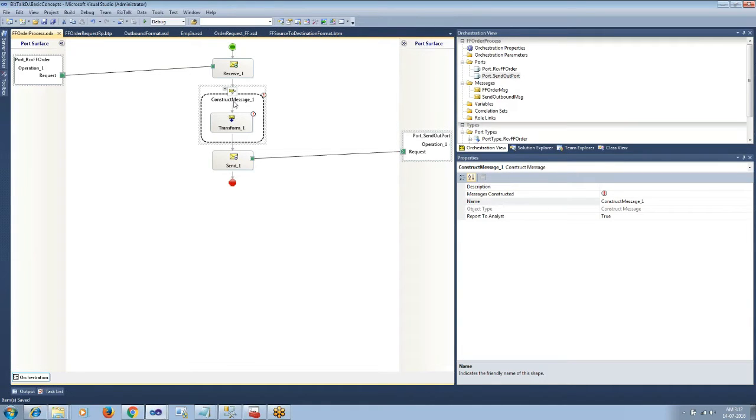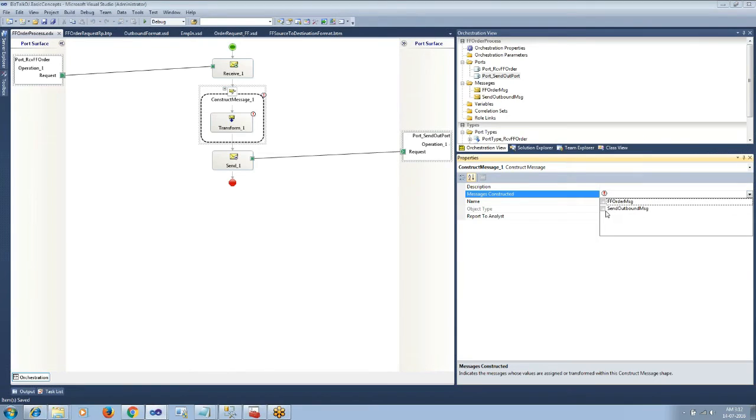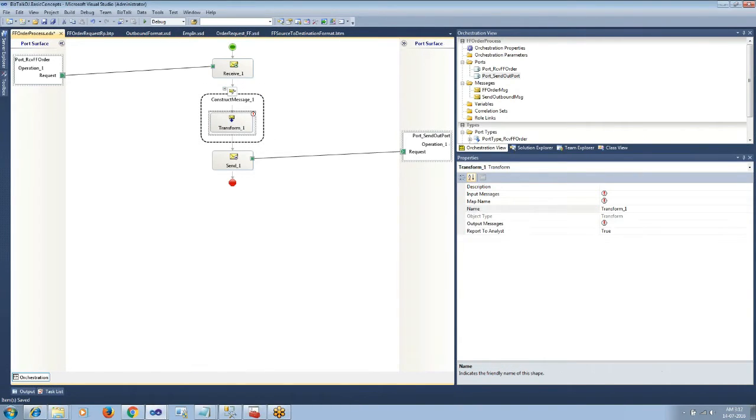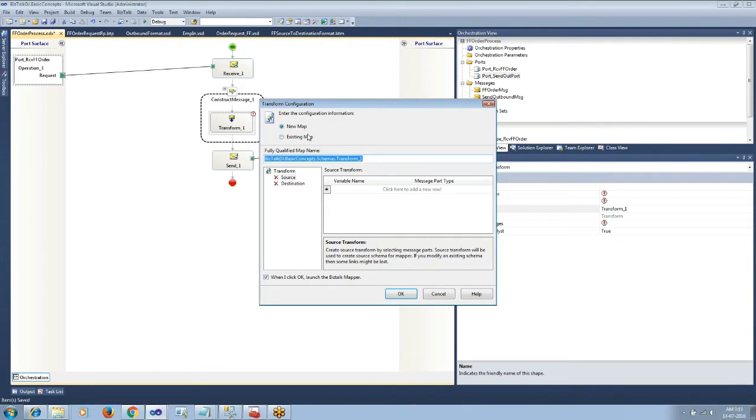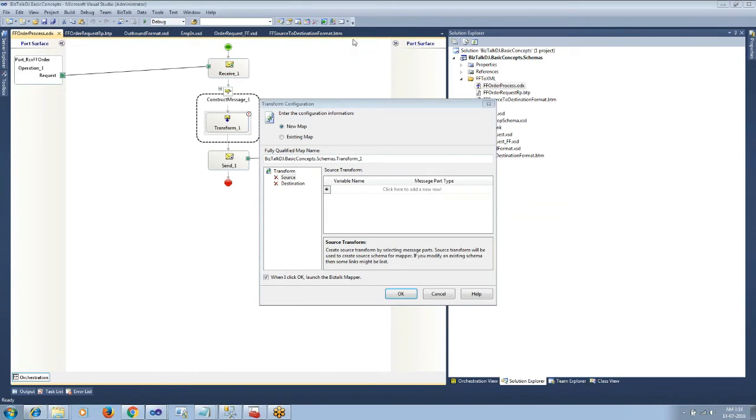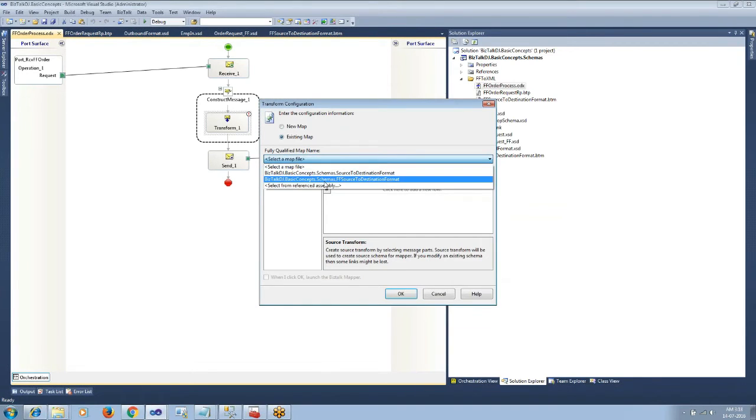So we would be doing a transformation to the outbound format. On the construct shape, the message constructed will be the outbound message. Let's choose the existing map and configure the source and destination messages that are expected in the map.